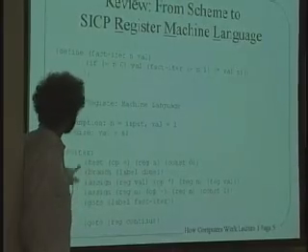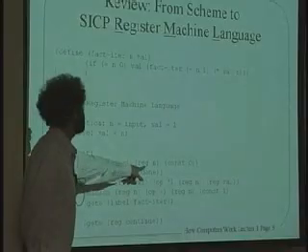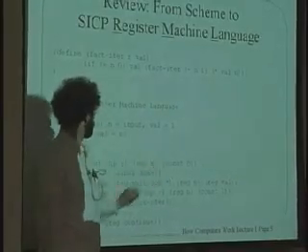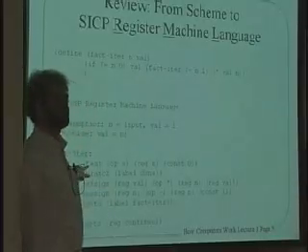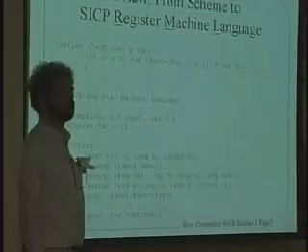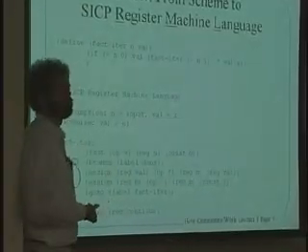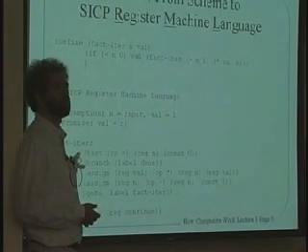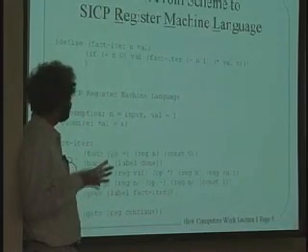And inside of the loop itself, what do we do? Well, we're going to first test if n, which is in a register, is equal to the constant 0. And where did the result of this go? Anybody remember where the result of the test went? So we say test if n is equal to 0. And where do you store the answer? It doesn't say here, does it? So what was implied in the